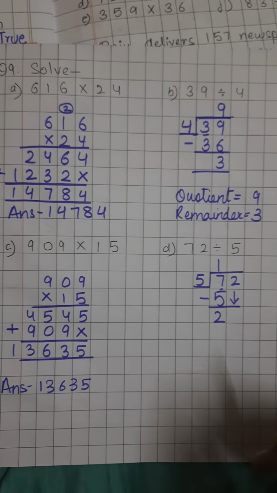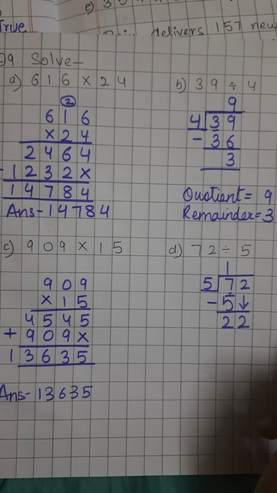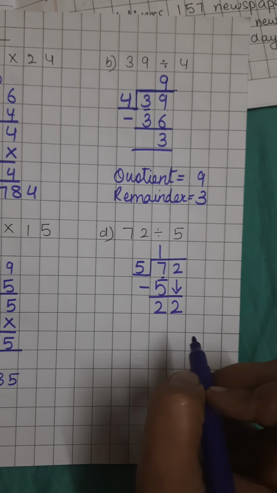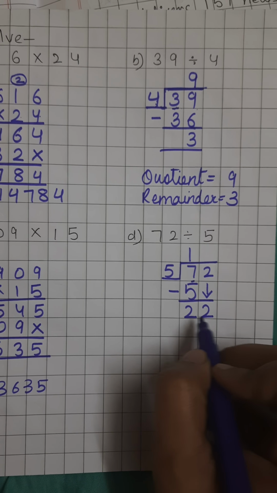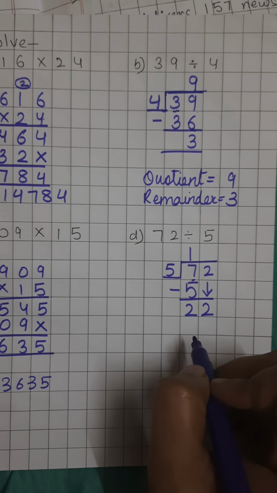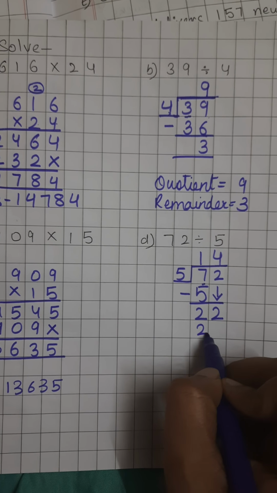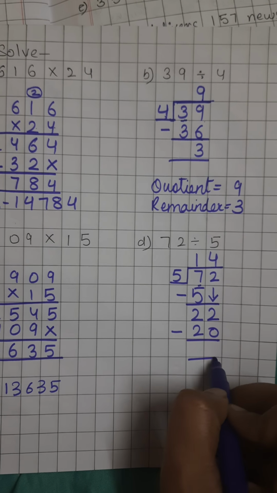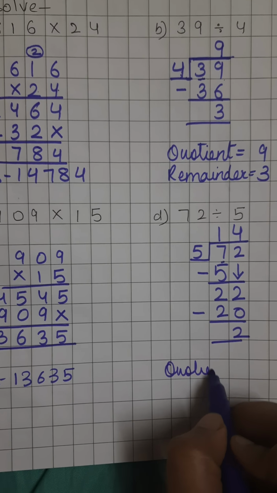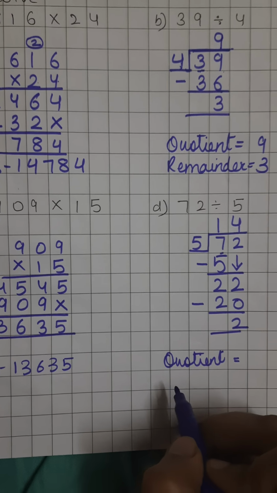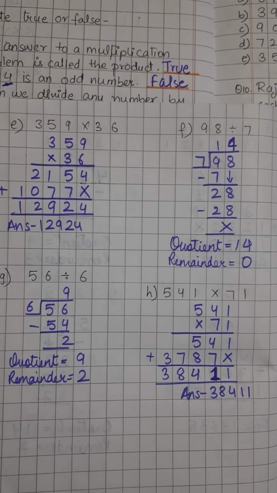Now I will bring down the other digit of the dividend, 2. Now 22 also doesn't come in 5's table, but what comes? 20, which is just smaller, which comes just before the given number. Now 22, 20 comes, so 5 4s are 20. Subtract, 2. So I'll write down the quotient and remainder is 2. All right.